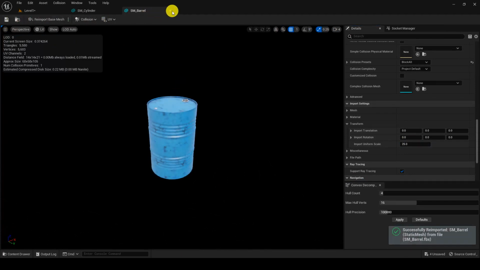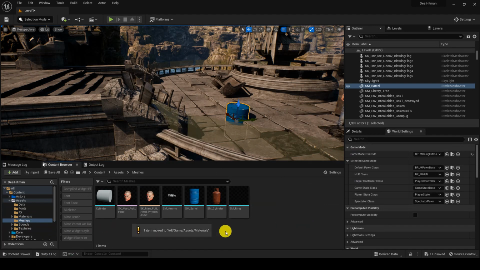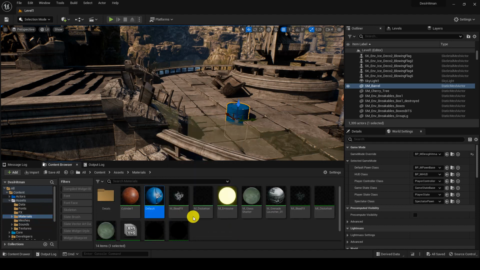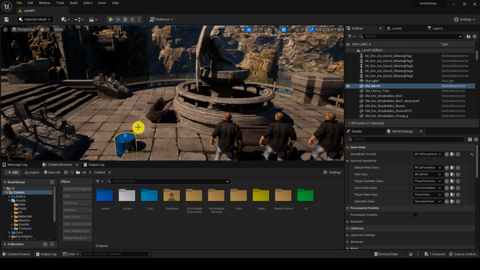Okay, this is looking perfect. Press cross, let me cancel this, let me save, and let me shift this to the textures, move here, then shift this to the materials, move here. Okay, materials, this will be the barrel, cylinder, M underscore, M underscore. Okay, perfect, this is looking good. If we check,